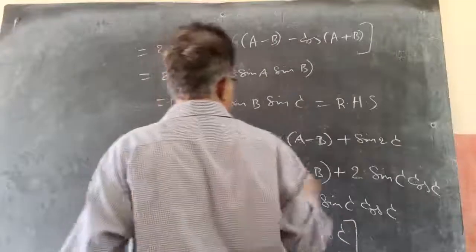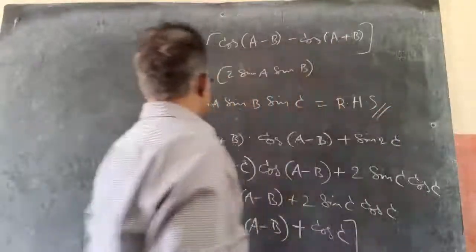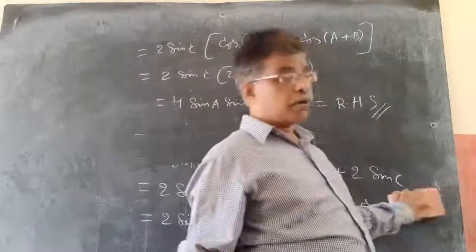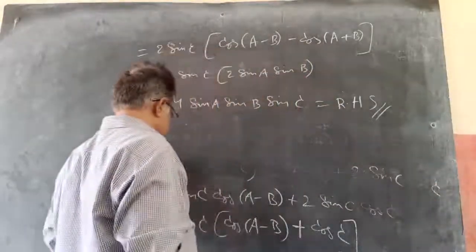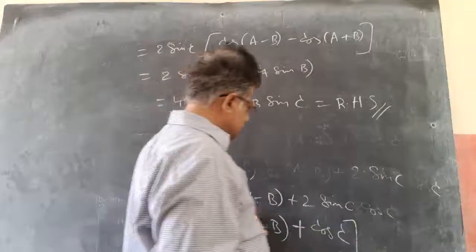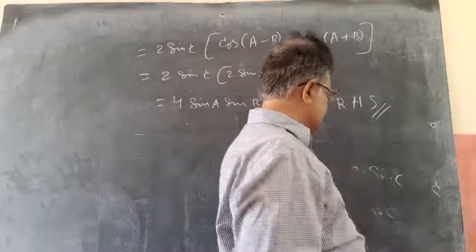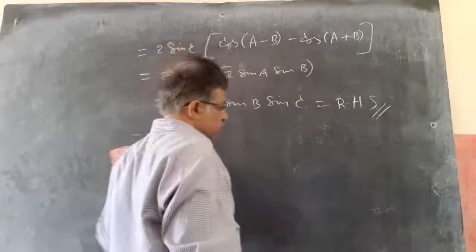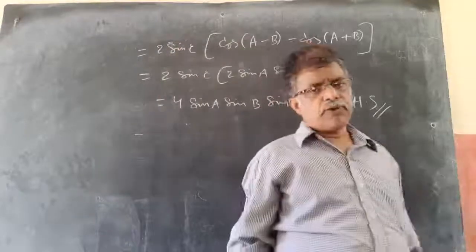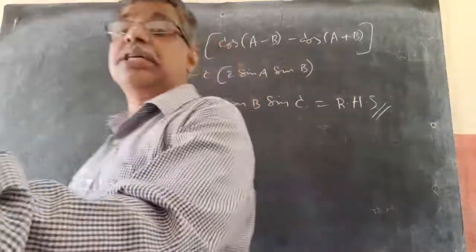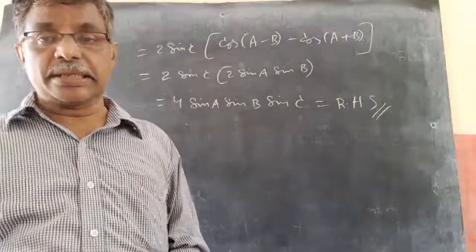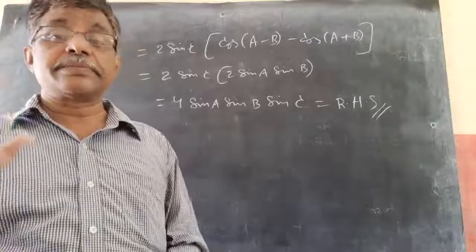Simple. So the only way is, all the concepts use these four formulae only: sin C plus sin D, sin C minus sin D, cos C plus cos D, cos C minus cos D. If you get the formulae and their application, you will get 7 marks. Very simply, you should apply all the formulae, that's it. You will get 7 marks.